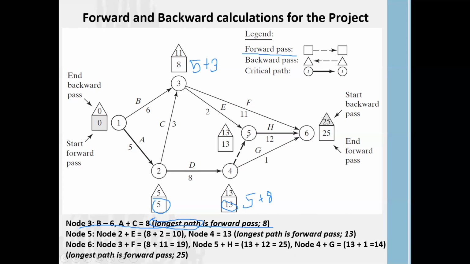Right. Now, waiting with the 5. In 5, we know that 5 is going to be started after completing 3 and 1, immediately after 3. So here you can see that when you are coming to 3, the forward pass is 8. You already calculated that. Then after completing 3, you can start 5 after finishing activity E. Activity E consumes 2 weeks. Then 8 plus 2, it should be 10 here. But we know the forward path is the longest path. So what is the longest path?